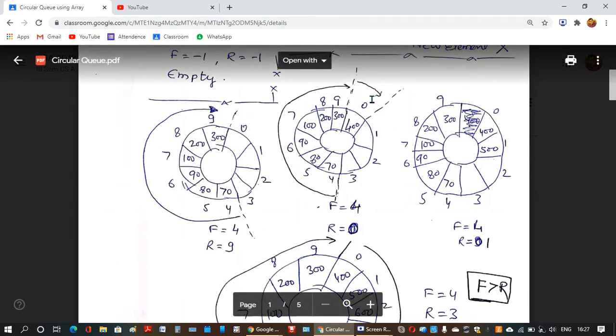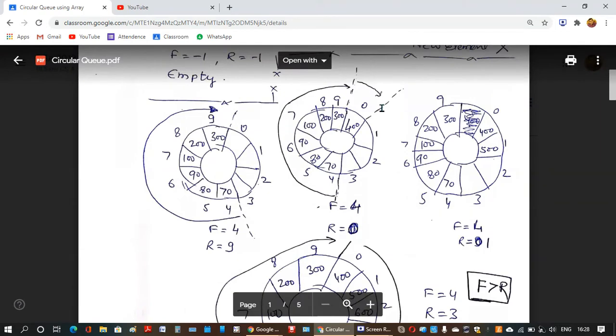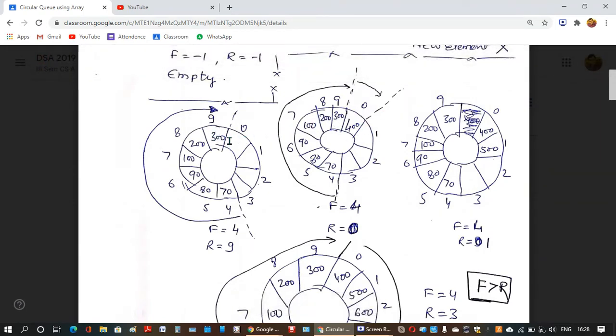It will be circularly rotated here. So now F is 4 and R is 0.